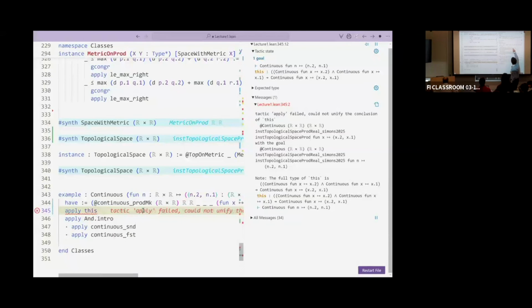It tells you, oh, but this is the topological space prod on something, whereas I am looking for the topological space prod on something else. So this is telling you I'm able to prove for you that, endowed with the product topology, this would be continuous, but you're requiring me to prove it for this crazy topology coming from this stuff. You have to really start digging into the details of this. So of course it's doable, but it is painful, and this is not the way it should be done.